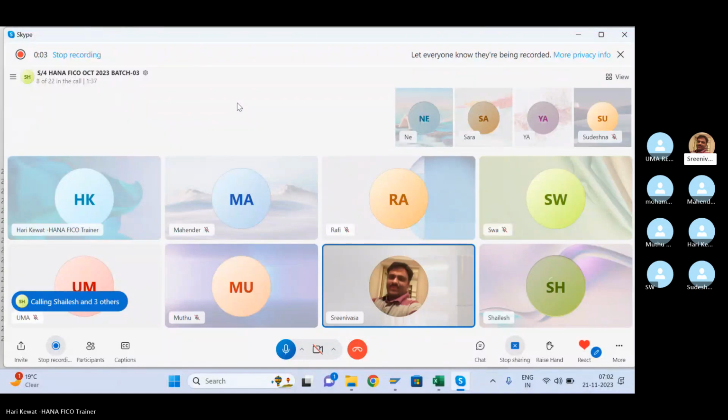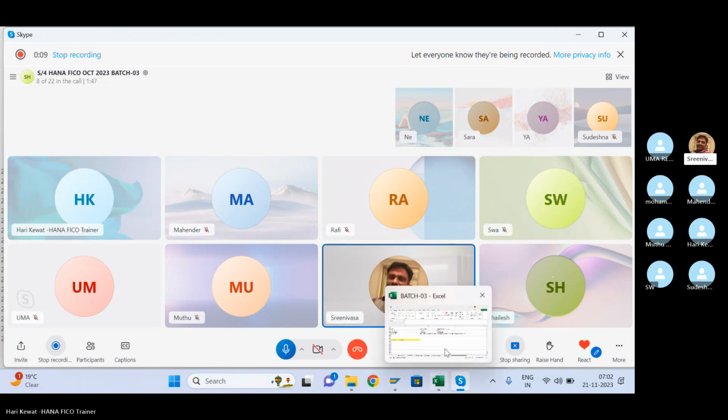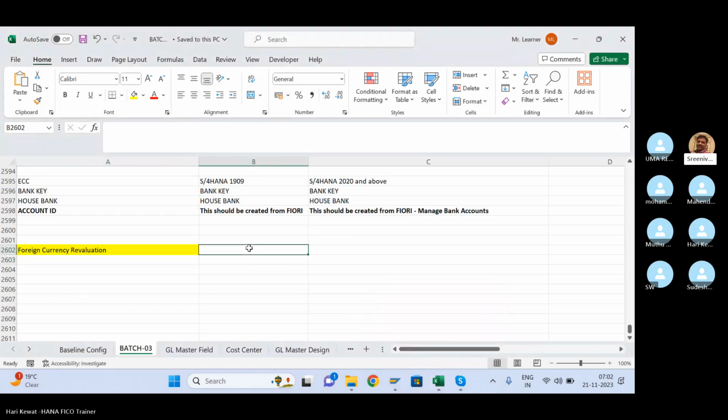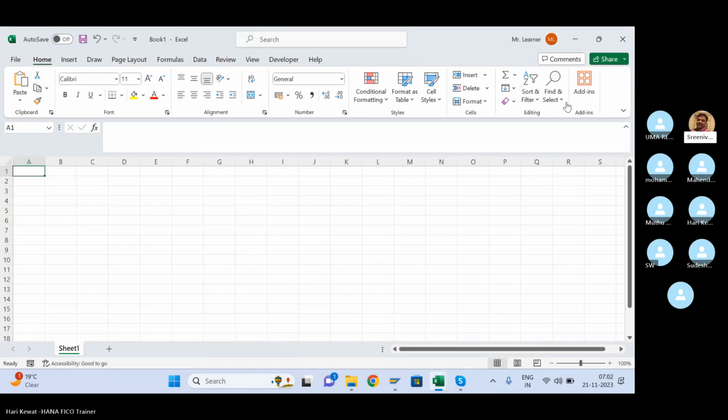The account payable concept is there, right? Can you just brief me in one or two minutes on the account payable concept, like we create vendor groups and the number ranges, and